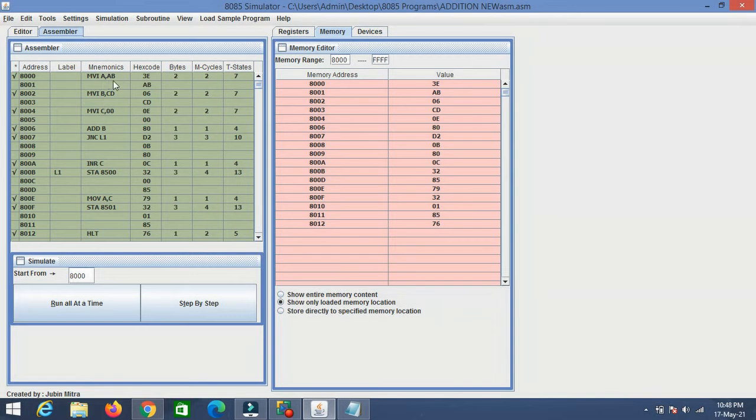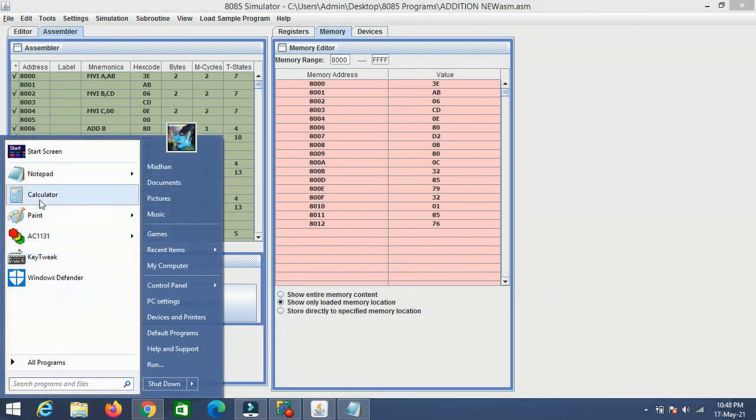So here it is 0AB, 0CD. Now if you look here, 8500 is not available, 8501 is not available. So here alone the answer will come. Since the program is now reloaded, you are not getting that memory location 8500 or 8501. Now we will run this. Let us check that, but before that we will find out the answer.